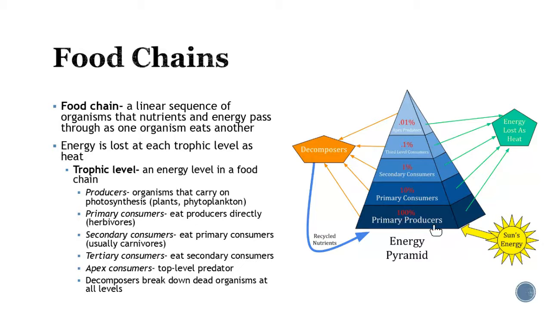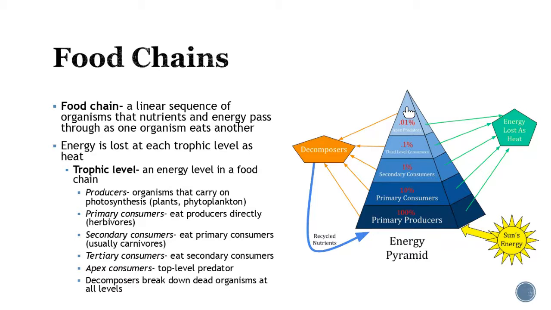So think of all the plants out there, all right? The next level up is your primary consumers. So these are going to primarily eat the plants. So these are most likely going to be your herbivores. Your secondary consumers, next up on the level, are going to be primarily eating the primary consumers. Now, I'm not saying they can't go back and eat some of the primary producers, but most of the time when you look at this, the diet is normally from the level right below. And then we have the tertiary consumers, which eat secondary consumers, and finally get to the apex, which is the